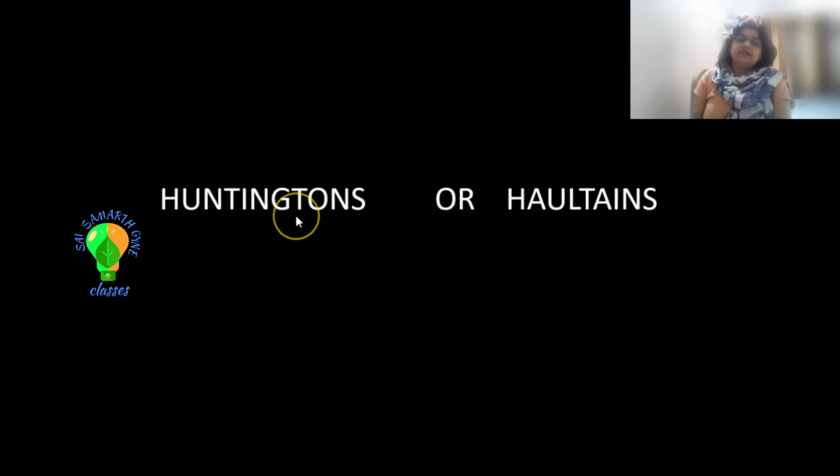If you are not able to correct it with this method, then you have Huntington's or Haultain's. Now what is Huntington's? It is a method which is performed after laparotomy. After laparotomy, you will place clamps on both the round ligaments, either side, near the insertion on the uterus, and you will pull them up so that the uterus can be lifted back through the cervical opening up to its normal position. If the uterus does not come out on your traction on the round ligaments, then you have to give an incision on the posterior aspect of the